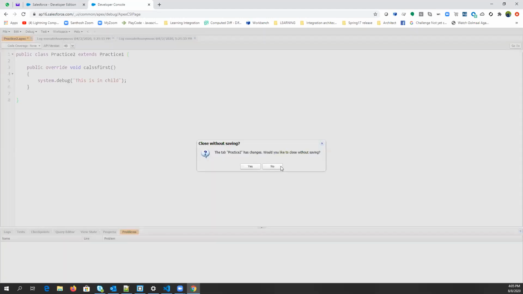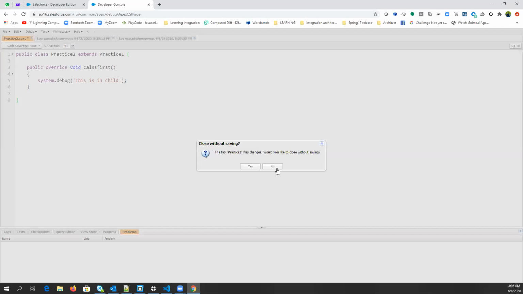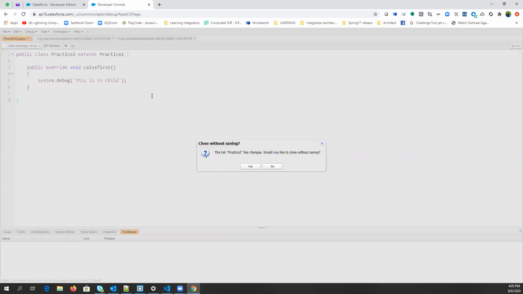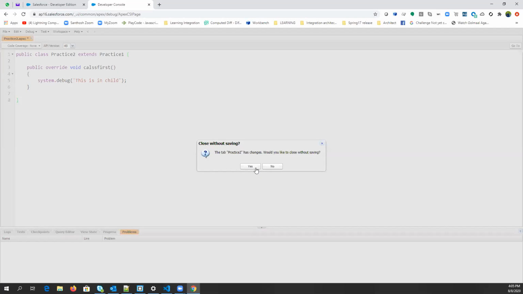Interface is just like an abstract class, but in an abstract class you can have a normal method as well as the abstract method. But in an interface, you will only have abstract methods without a body. So in an interface, you can't have a method with a body. You will always have only method declarations in an interface, right?